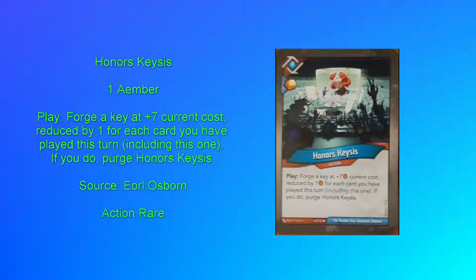So I think this could pair well with a card that lets you draw a lot. So perhaps you had a big setup with Mind Over Matter and a Logos board, like you use it and then you archive everyone, then you play this card. A lot of the big archive/draw cards are rares, so it will be harder to find them with Honor's Keysis here. Yeah, but there are lots of ways to play more cards or gather more cards in your hand in